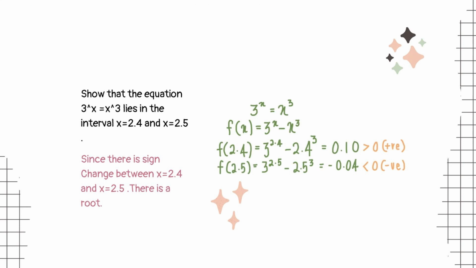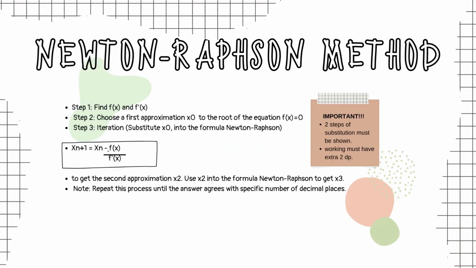So, these are the steps that you have to follow to solve using the Newton-Raphson method. The first step is to find f(x) and f'(x). The second step is to choose a first approximation x0 to the root of the equation. Step 3 is the iteration, which is this formula you have to memorize: x(n+1) = x(n) minus f(x(n)) over f'(x(n)). There are two things that you have to take note of when you use the Newton-Raphson method. The first one is two steps of substitution must be shown,